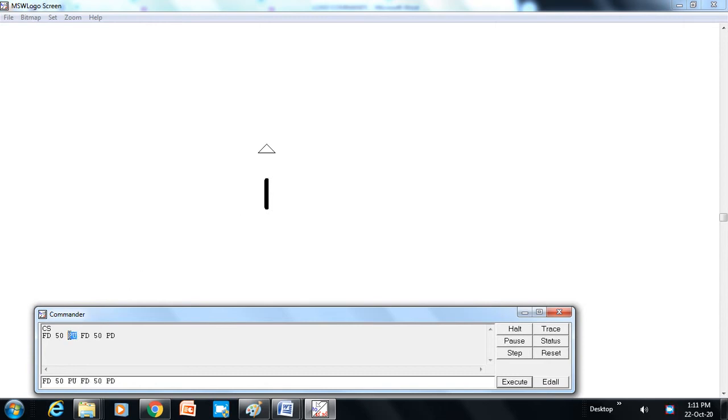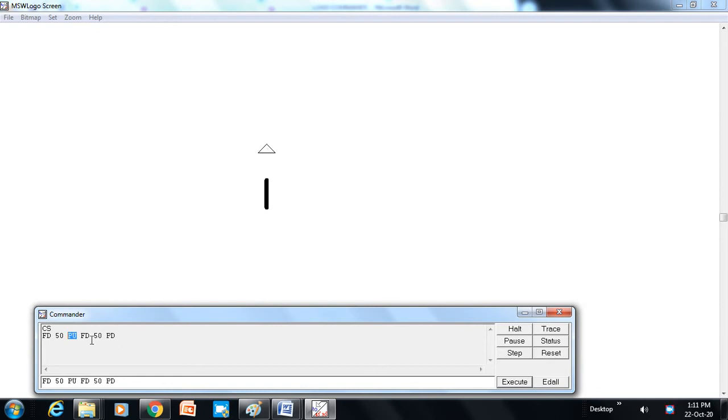Now we use the PU command. With the PU command, the pen is up. Again I gave FD 50. The turtle moved 50 points without drawing any line. So this gap is there. The turtle has moved from here to here 50 points without drawing a line. Now again I have given the PD command, which means now if the turtle moves forward, it will draw something.